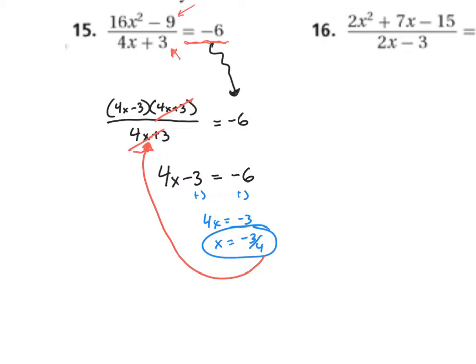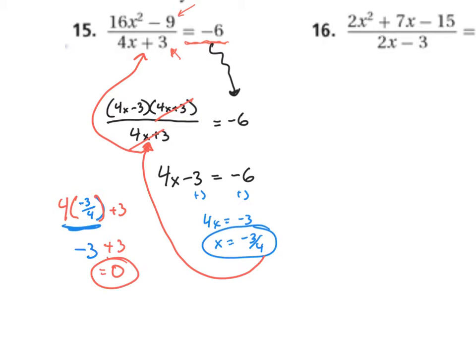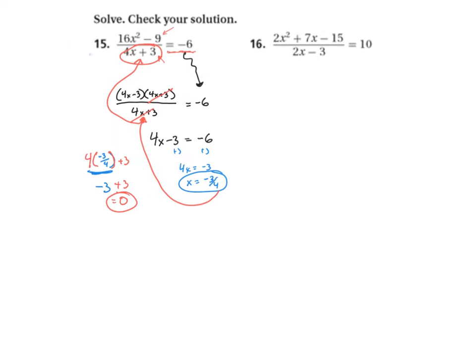Actually, I usually like to bring it all the way up to the original equation. So what happens if I do 4, and then I put in my new x value, which is negative 3 over 4, plus 3. Well, let's see, this right here would equal negative 3, and then you still got plus 3. Uh-oh, that equals 0. Can the bottom of a fraction ever equal 0? Nope. So x negative 3 over 4 is the actual answer,